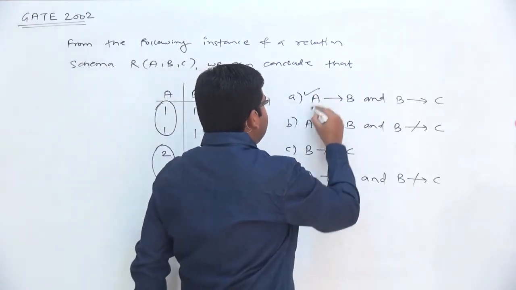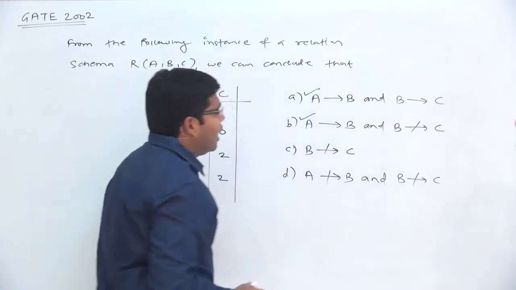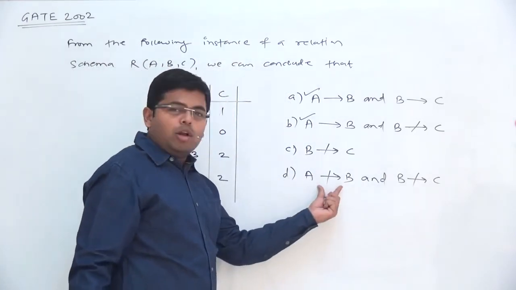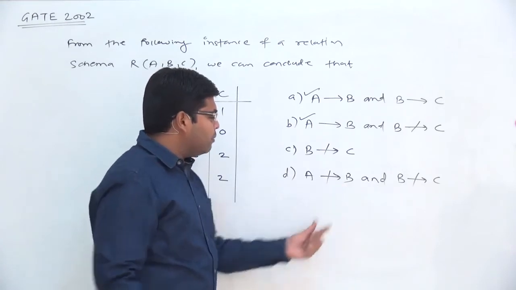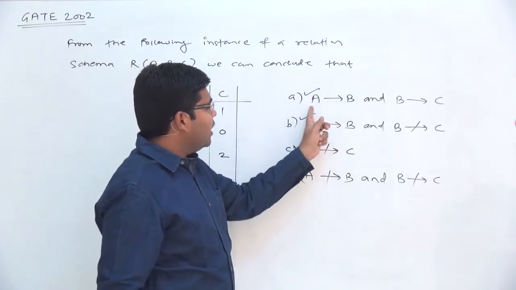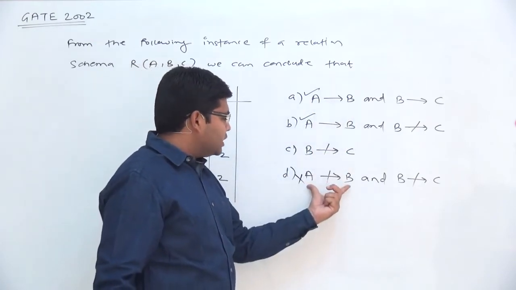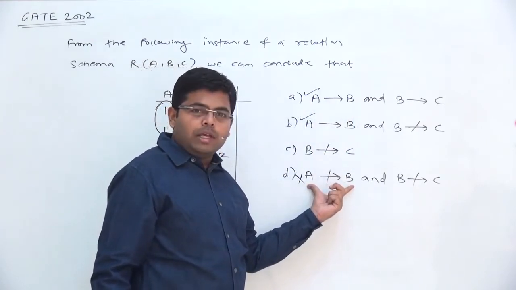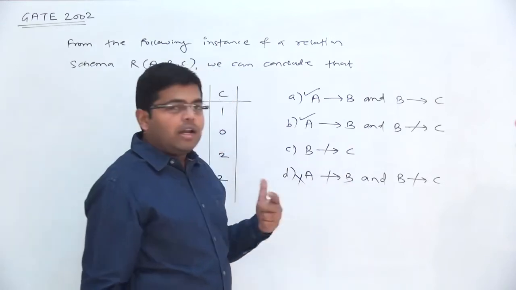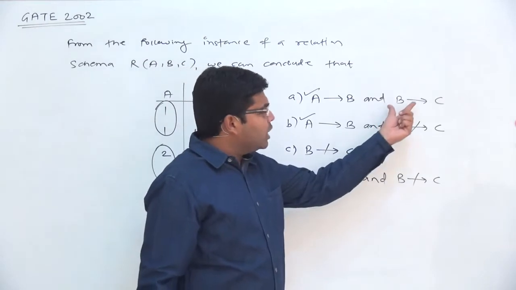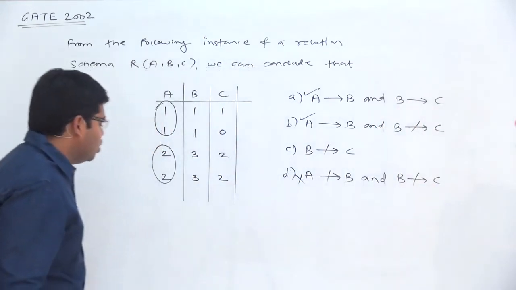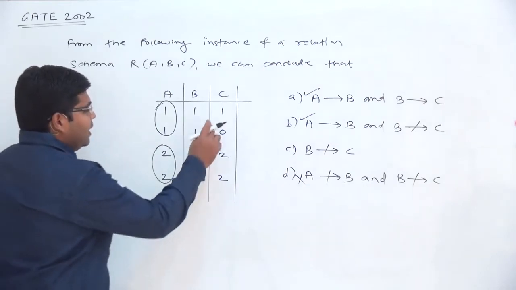and therefore we will conclude that A determines B is a valid FD, and therefore A does not determine B. Now this symbol means A does not determine B. It is incorrect because we have already seen that A determines B. A gives B is a valid FD. They are saying in option D that A gives B is an invalid FD, and that's why this particular statement will be wrong. And now the only part that we need to check is whether B gives C is a valid FD or not. So let us see here